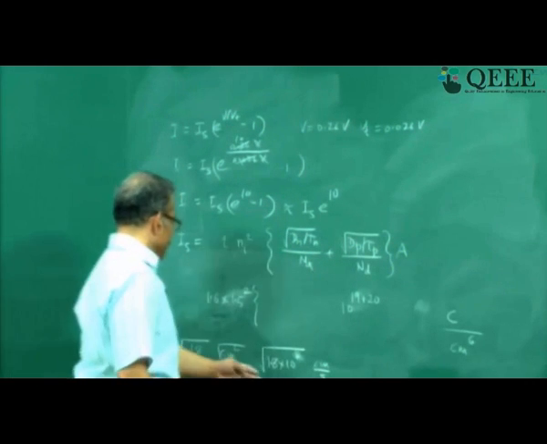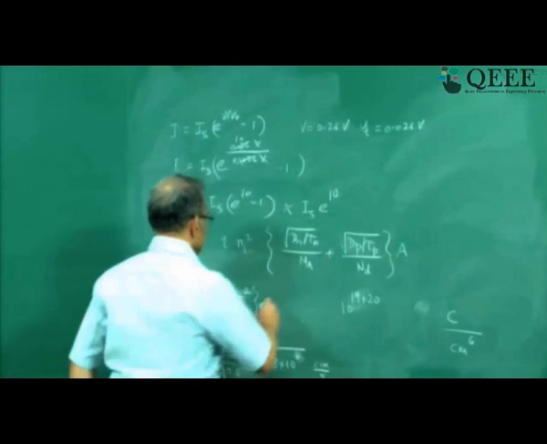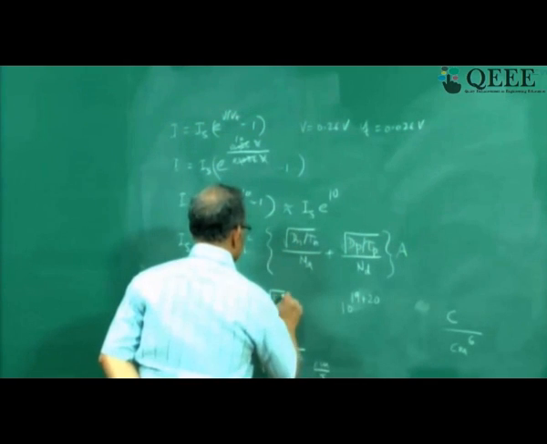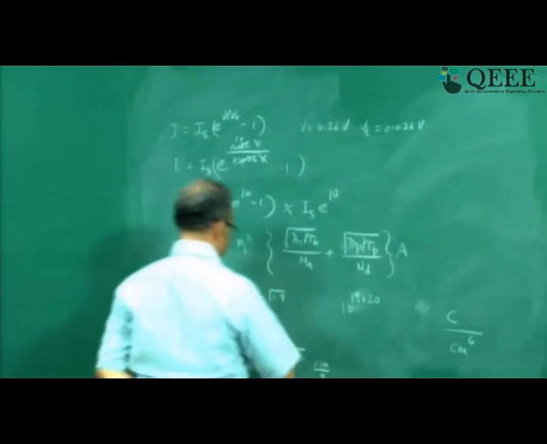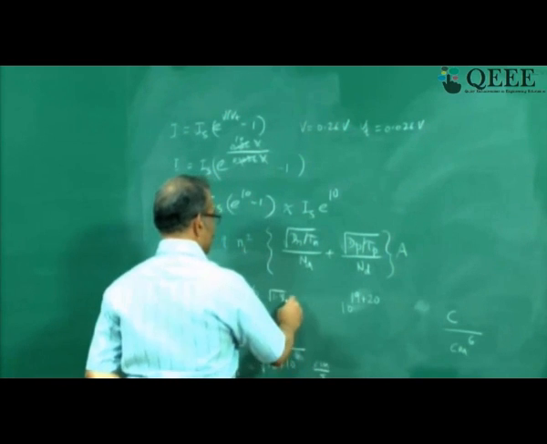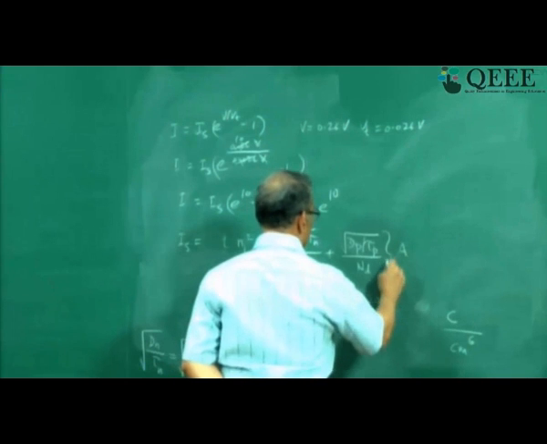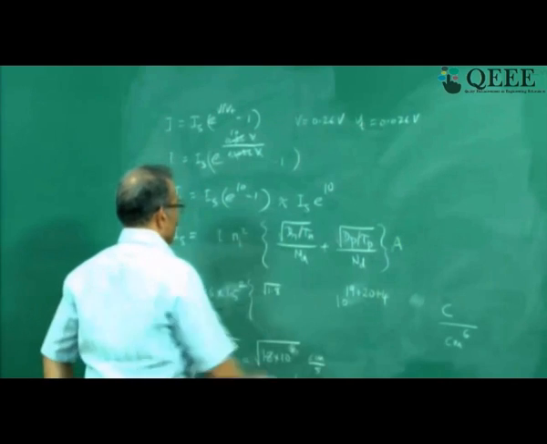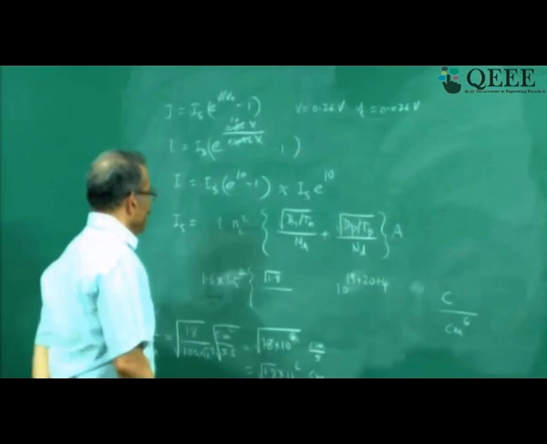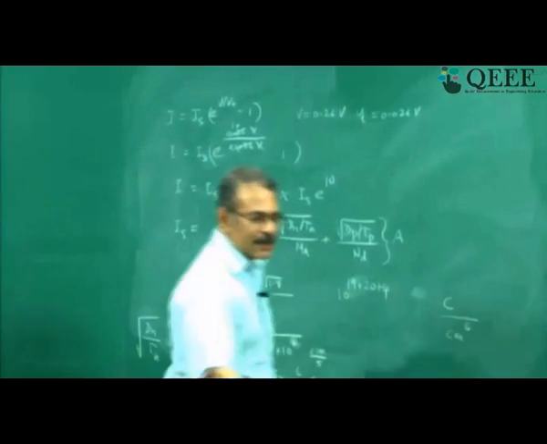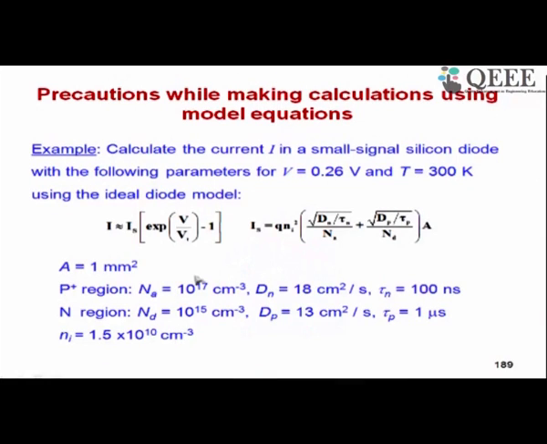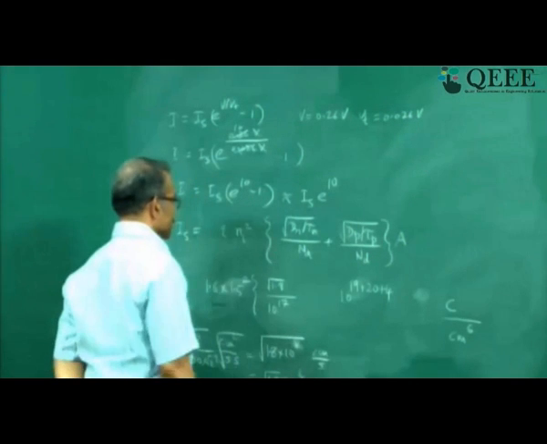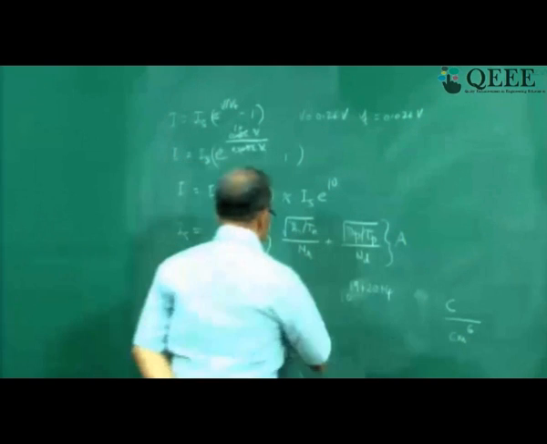Okay, now I can put this term here. So square root 1.8 into 10 power 4. That 10 power 4 I can now move out here, divided by Na. Now Na is given as, let us look at it here, 10 power 17 per centimeter cube. So the denominator has to be 10 power 17, plus,